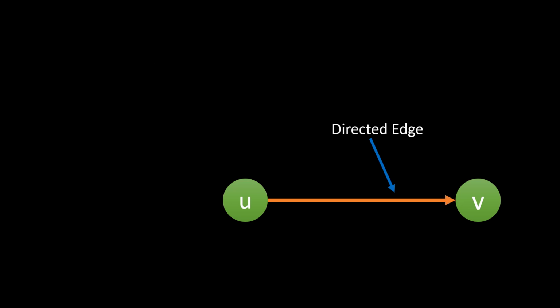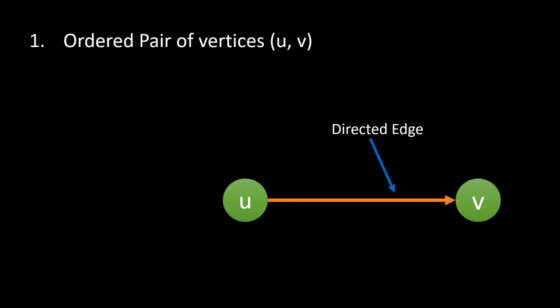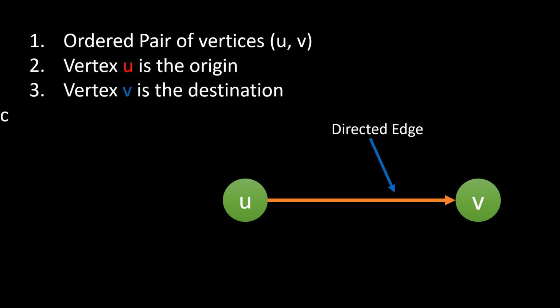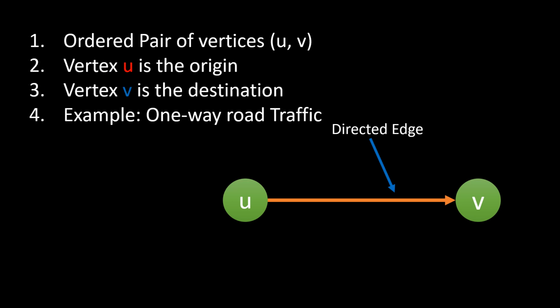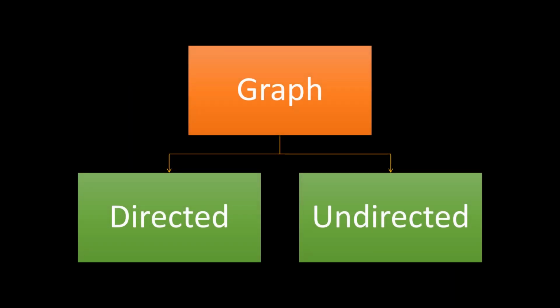Now if we give direction to the edge and it points from u to v, the edge is now a directed edge. The pair is now ordered and it's (u, v). Here u is the origin and v is the destination. A one-way road traffic is a perfect example for a directed edge. As we have two types of edges, we can also differentiate graphs into two types: a directed graph and an